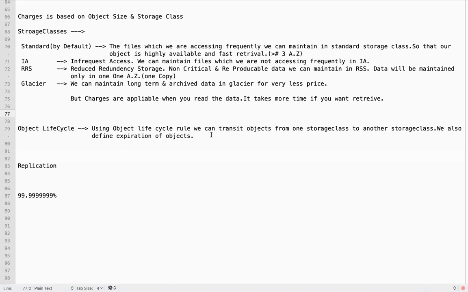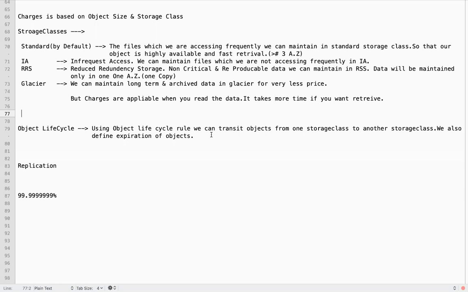Then we can define an object lifecycle rule, so that AWS will manage the life cycle of your objects based on the policies we have defined. Everything is based on the requirement.